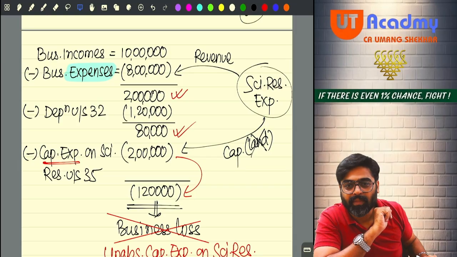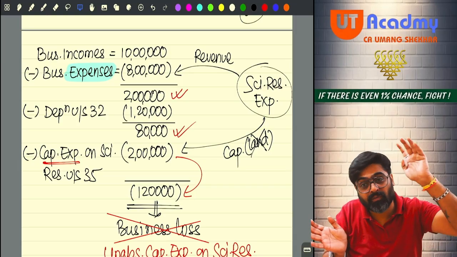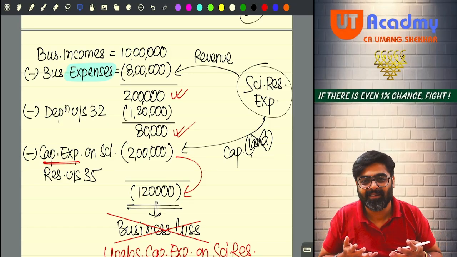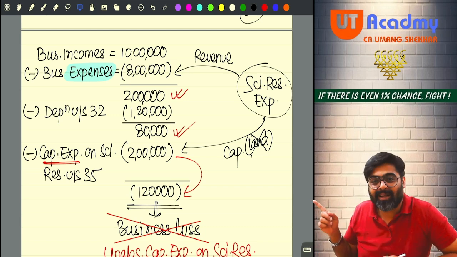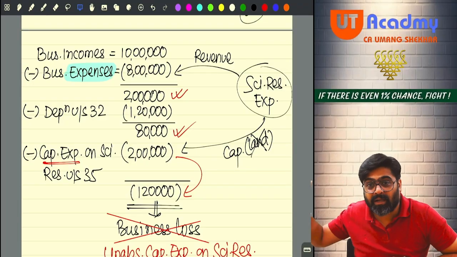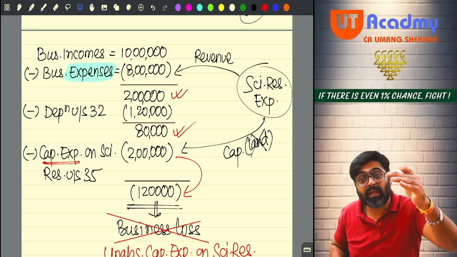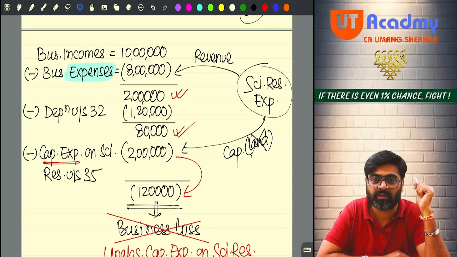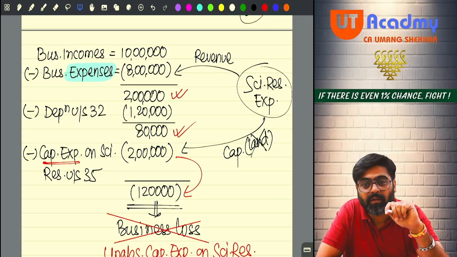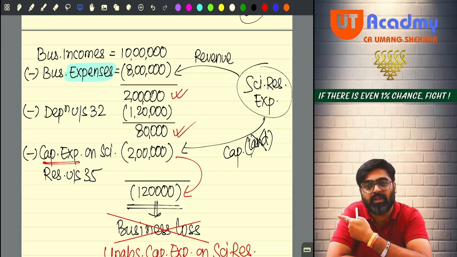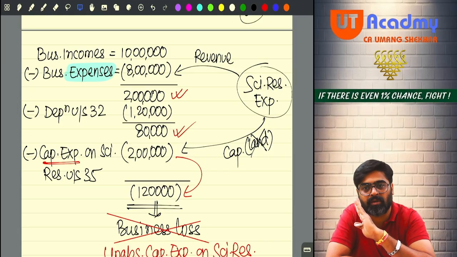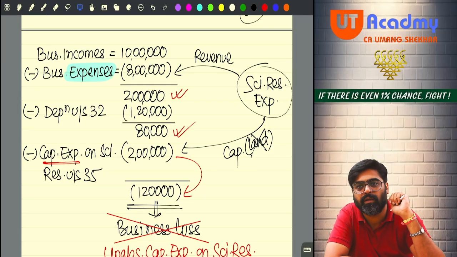Getting my point? If you adjust this loss out of the profit of another specified business, we will not feel bad. But just imagine how bad we will feel knowing that a business which can give you a profit, on which you are supposed to pay tax, the entire income is gone by allowing you the set off of this loss against that business income. Getting my point? So we are not that mad. The law says pay taxes on these normal profits. Don't adjust these types of losses against these normal profits, because these types of business are bound to give you losses only because of this deduction.